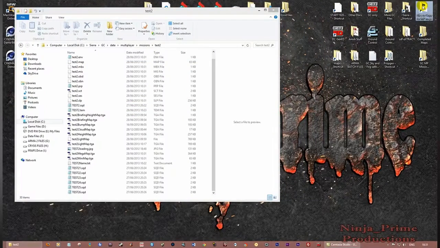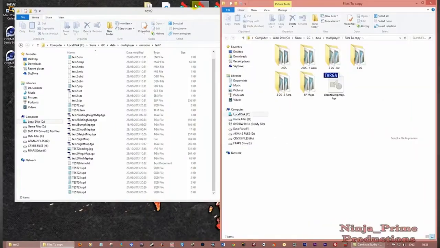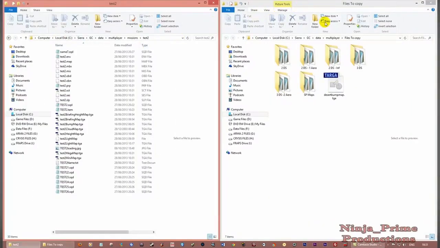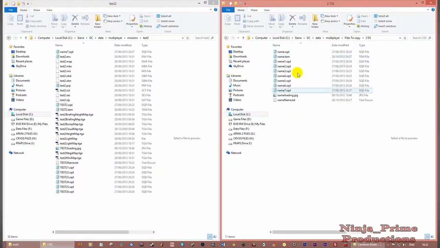go into this folder. Now, if you recollect in my previous tutorial about GenEd files, I created that zip file for you to download and to use, and within that file there was a folder called MP files or something like that. Within that file, which I've renamed files to copy, there were these folders. Basically, in each folder you have all this, and all I've done is copy and pasted it into here and renamed it. Where it says name, I have put the name of,